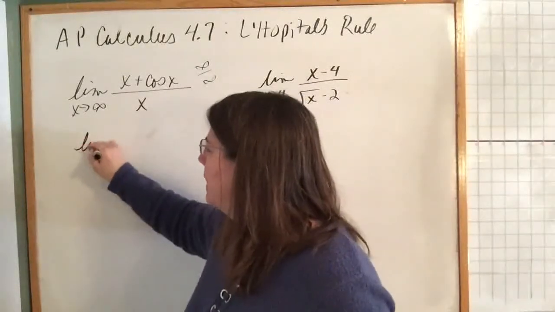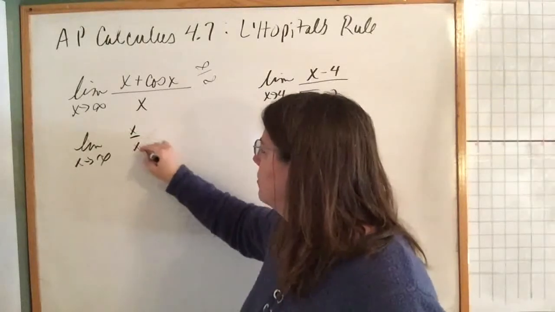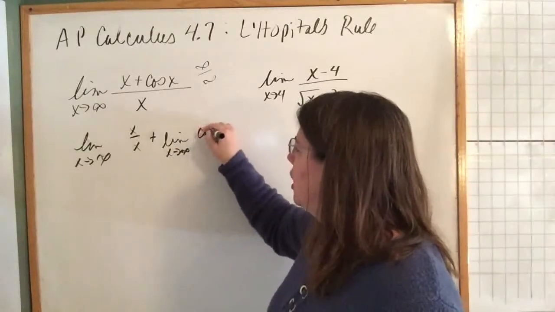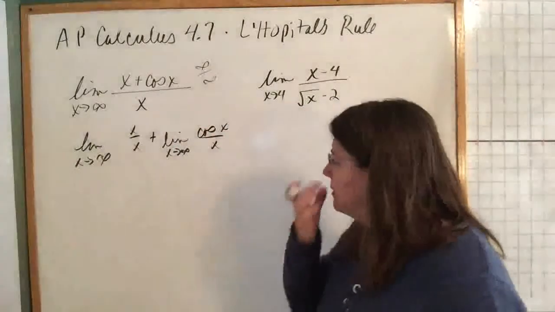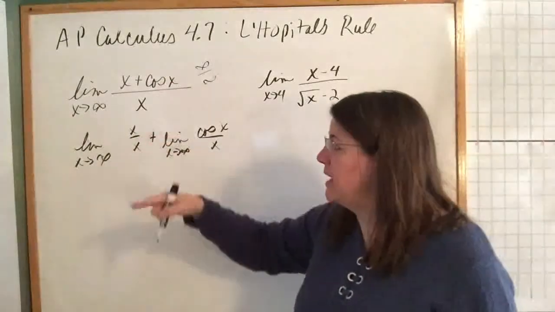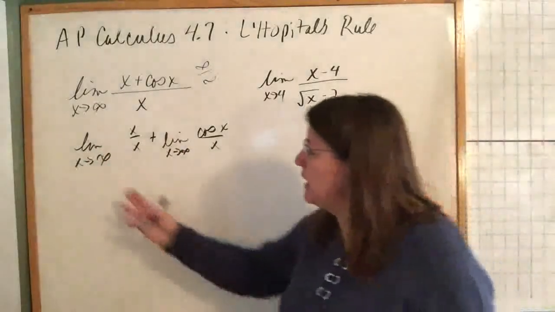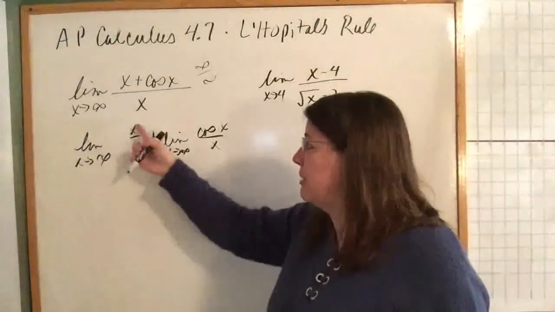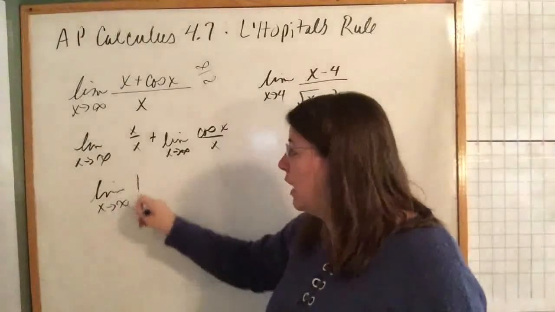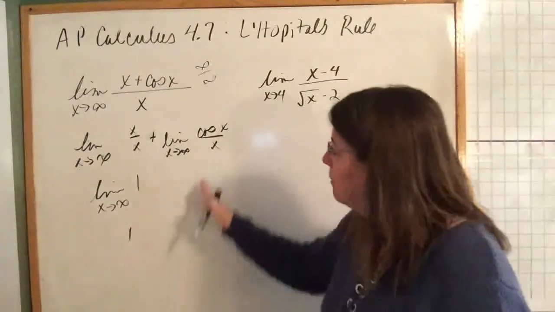That is the same thing as the limit as x approaches infinity of x over x plus the limit as x approaches infinity of cosine x over x. I'm allowed to do that because the limit of the sum is the same thing as the sum of their limits. We learned that back when we were doing properties of limits. So here, if I just simplify this, that's the limit as x approaches infinity of 1, which is just 1. So we know the limit here is just 1. For this one,